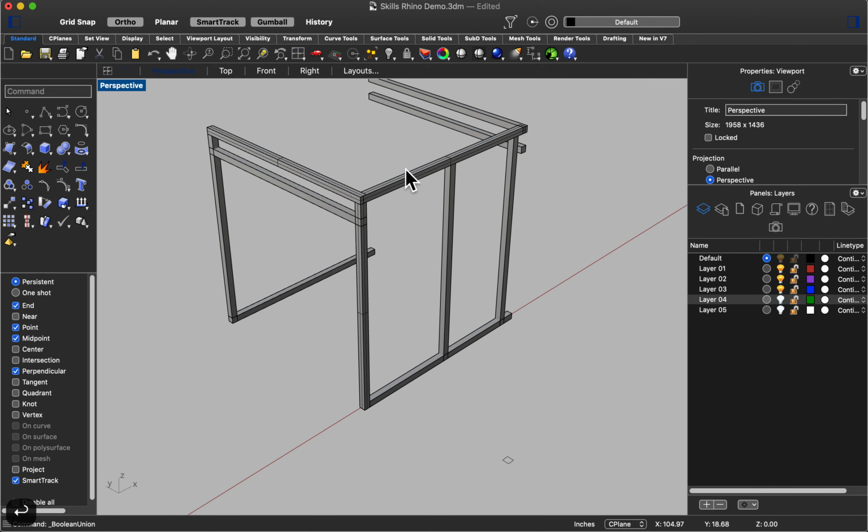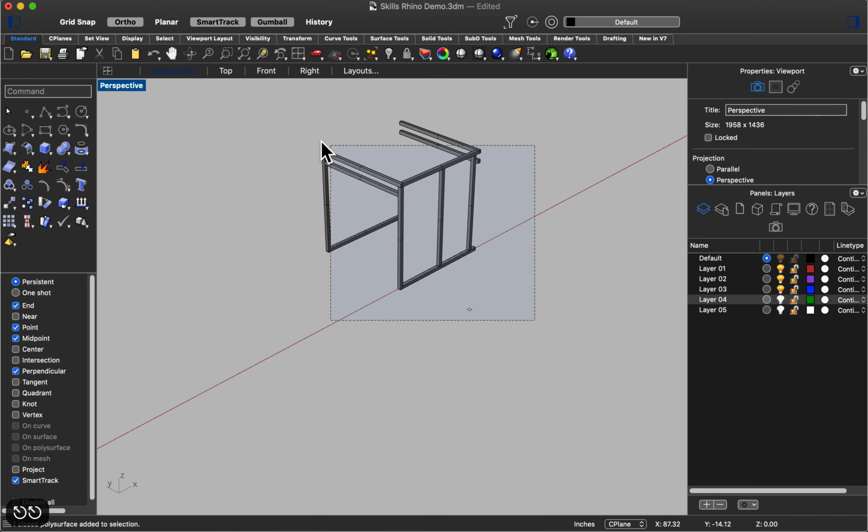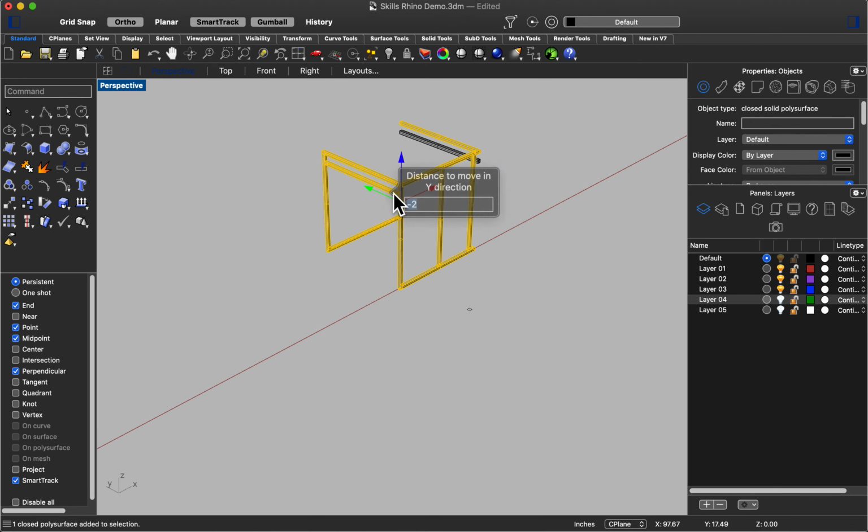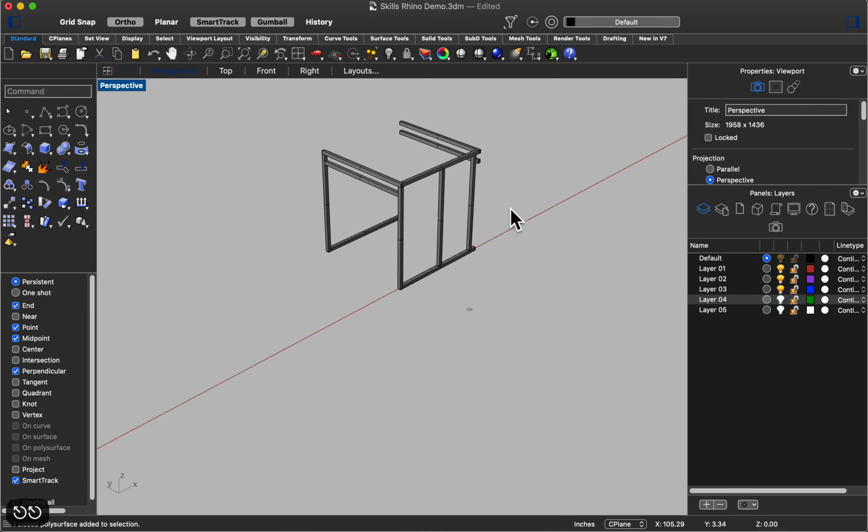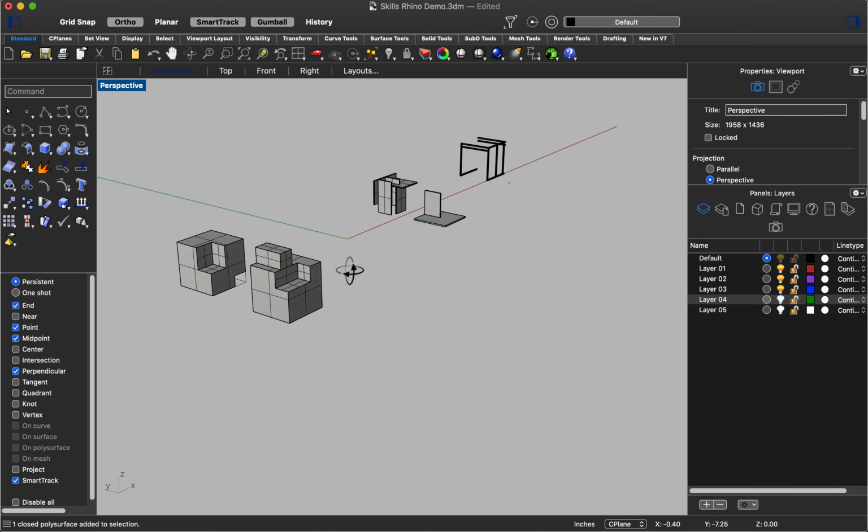So you can select all of them and Boolean union them together, and now it makes one combined shape, although that one must not be touching because it didn't combine. But in any case, you want to union them all together so it's one shape that you can move around. So that's the first part of the exercise, modeling the line plane going